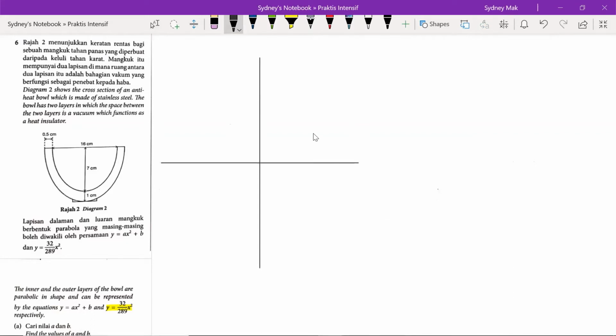Okay, let's just draw the curve. So we have the outer curve passes through the origin. So this is y equals 32 over 289 x squared,